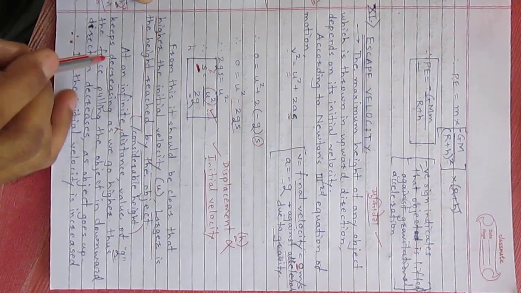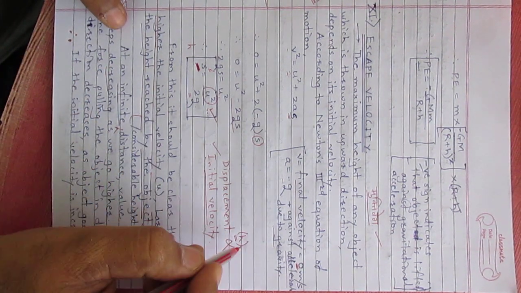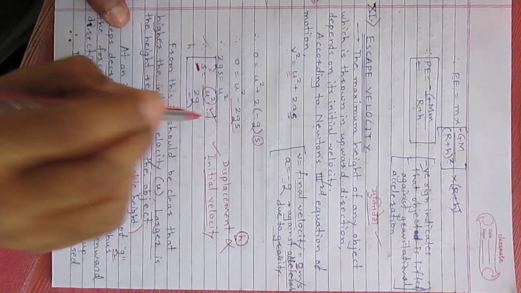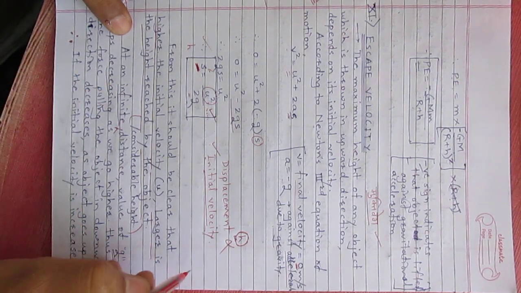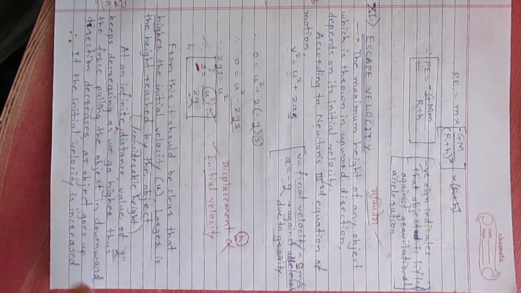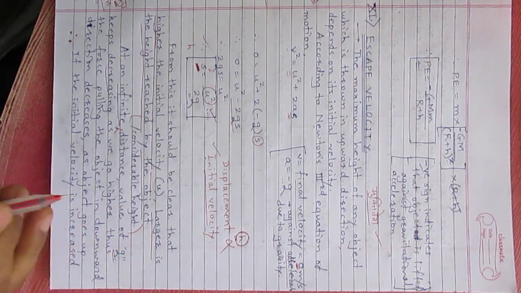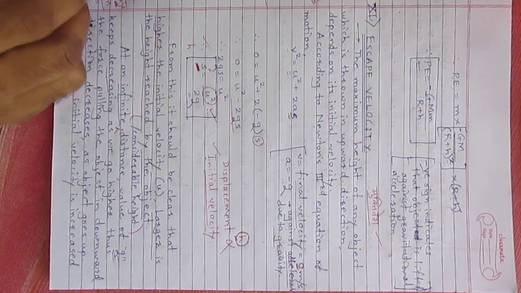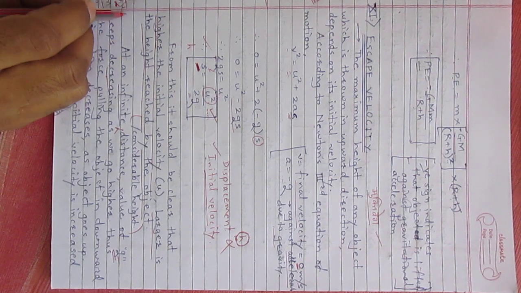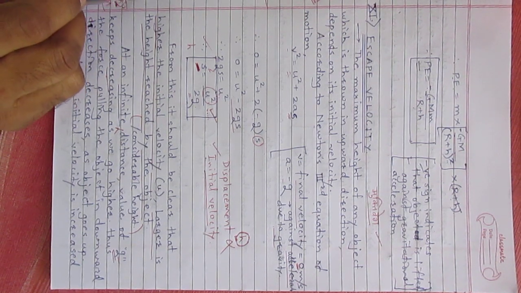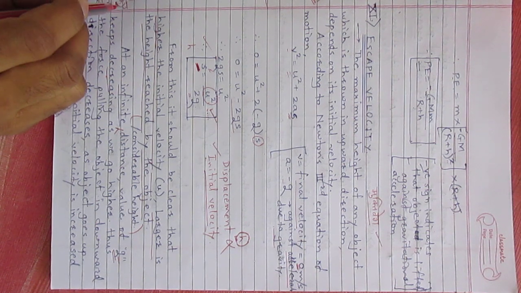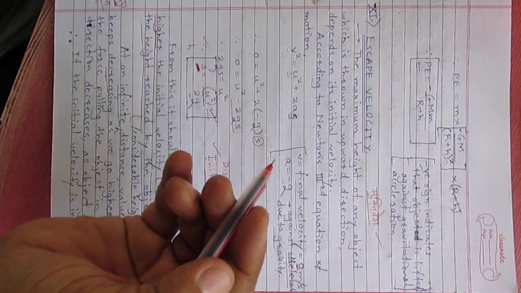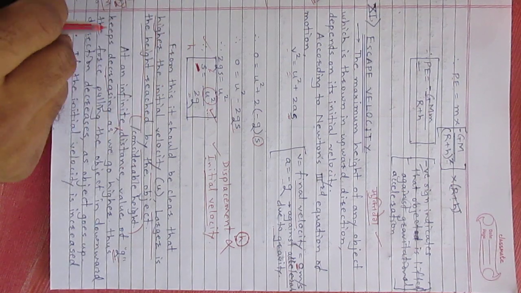But suppose this height is in a smaller range, then this is correct. But suppose at an infinite distance, that means h is a considerable amount, then what happens? This g goes on decreasing, because g is equal to GM divided by (r plus h) raised to 2. If h increases, the r plus h value increases in the denominator. Its square is a larger amount. As the denominator is increasing, the total ratio will go on decreasing.